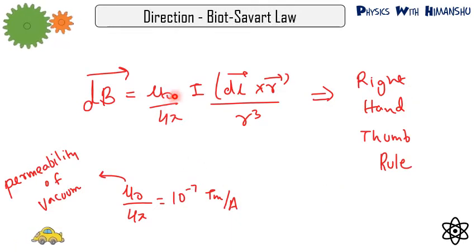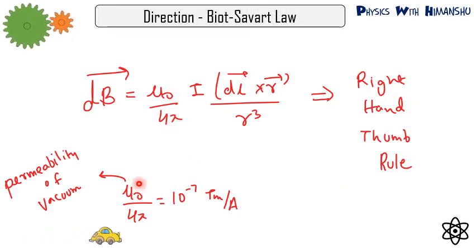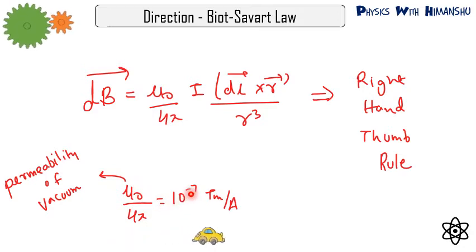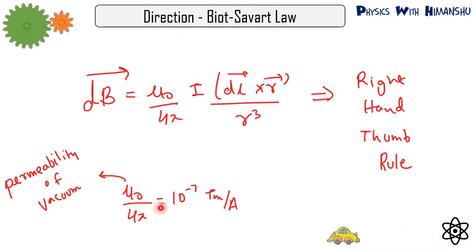Okay, now what will be the value of this constant? So remember, mu naught by 4 pi is equal to 10 raised to power minus 7 Tesla meter per ampere. And mu naught is permeability of free space or permeability of vacuum. You have to remember this formula for mu naught by 4 pi. It is also called as magnetic constant, and mu naught will be equal to 4 pi into 10 raised to